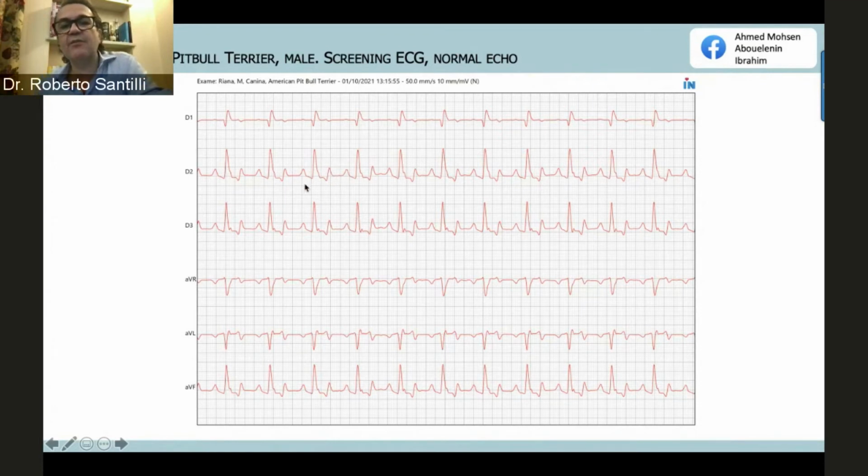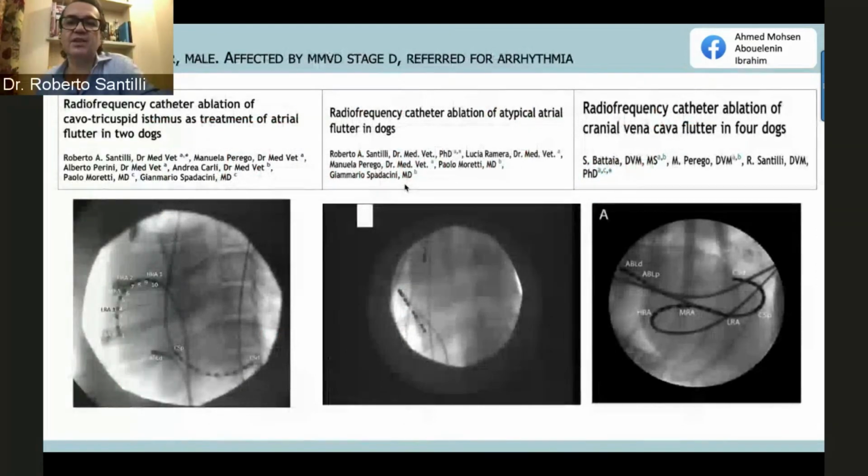So I'm not saying for sure this is a flutter, and it's suspicious because of this changing. I really need a Holter and to see over 24 hours what happened. If this is a flutter, it will change, and so we really need to see this atrial activation coming out of the QRS complex because there is a change in the AV conduction. All right, are there any questions regarding these arrhythmias?